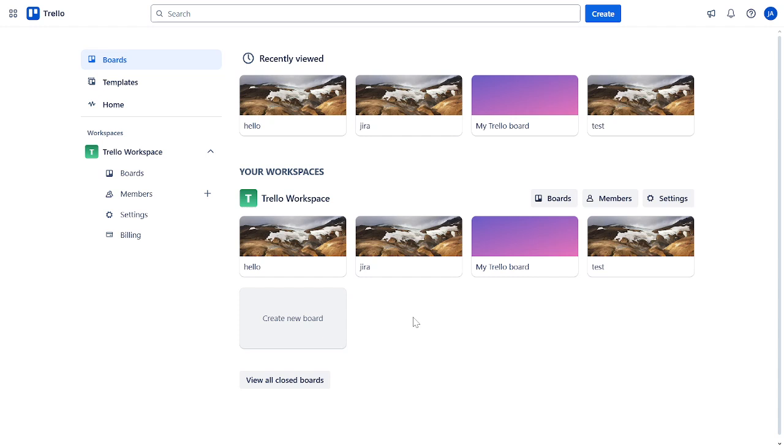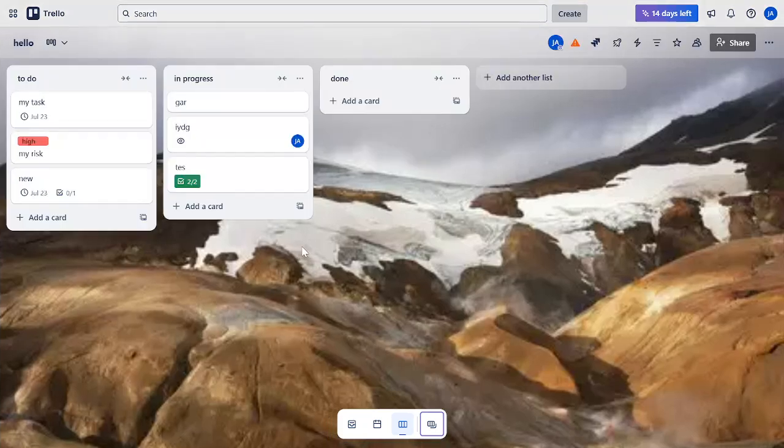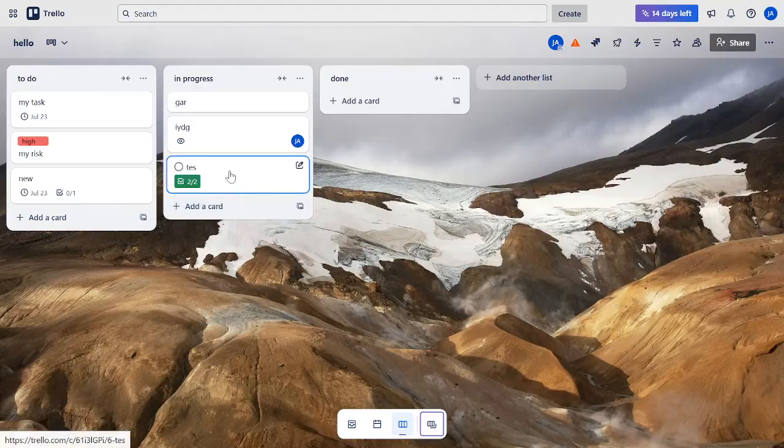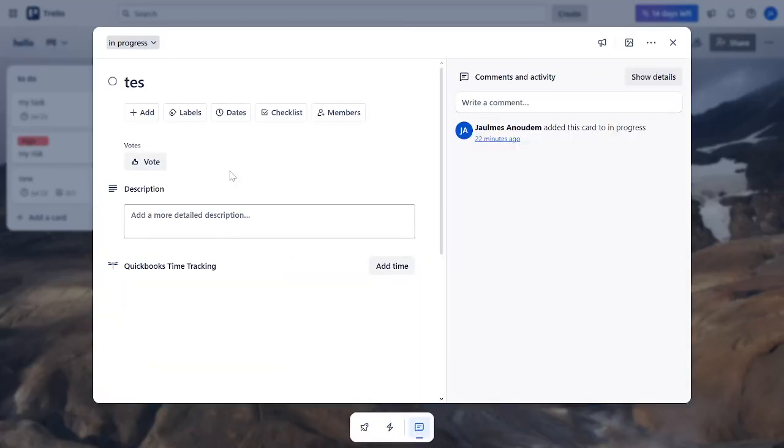Firstly, let's start by opening up Trello and navigate to a board of your choice. Now that we've done that, pick a card you want to snooze or hide. The reason we do this is to identify which tasks we need to put on the back burner or hide